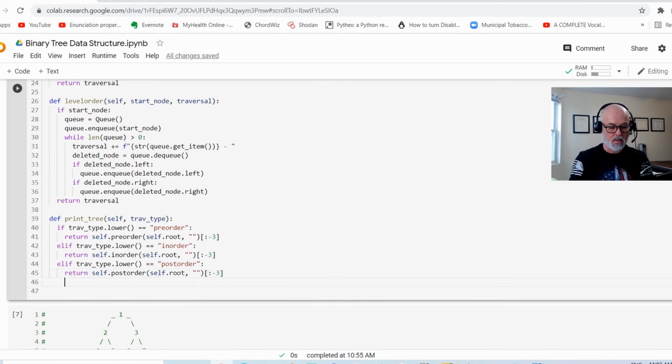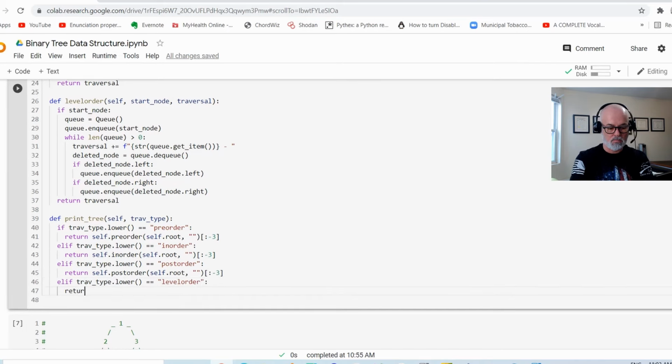All right, and then elif traversal type dot lower equals level order. Then I'm going to return self.postOrder method and pass in the root and empty string. All of these methods still take the root as the starting node. Now do the slicing,